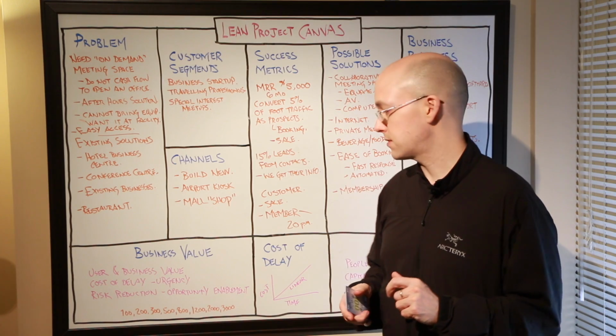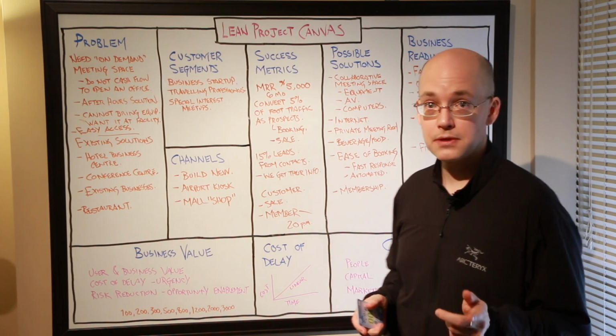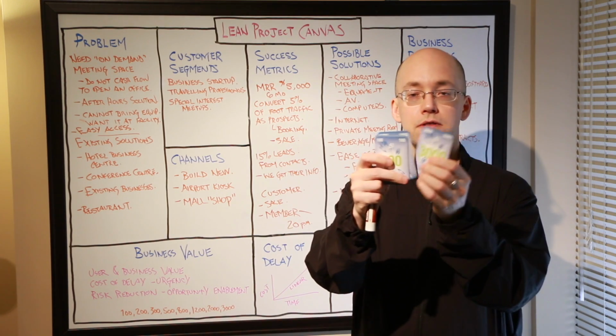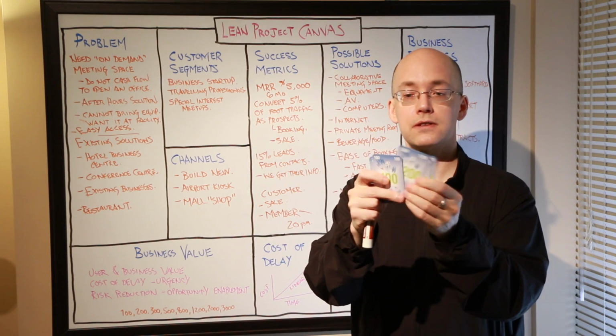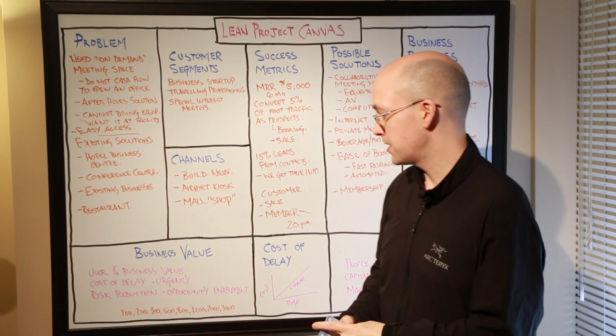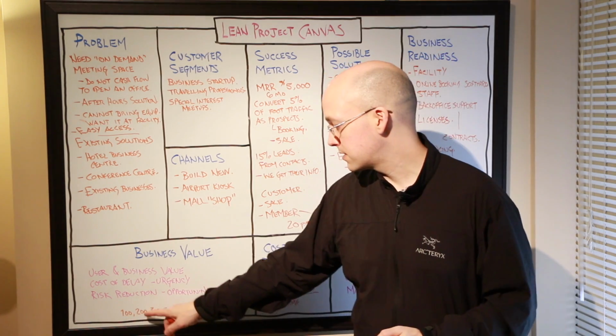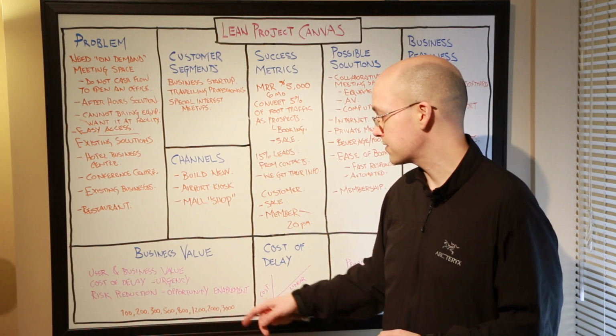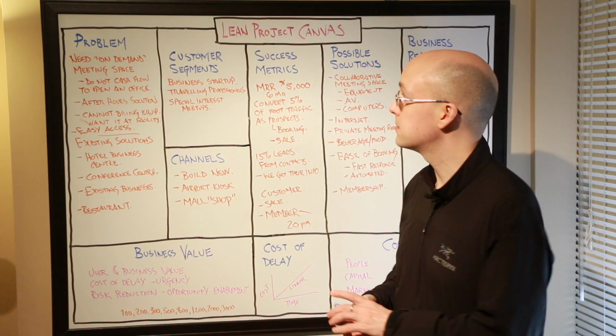What I want to introduce is something a little bit different. Maybe you haven't seen this before, but I like using these. These are what I have called business value cards. It's in the Fibonacci series, so 100, 200, 300, 500, 800, 1,200, 2,000, and 3,000. So what I'm doing here